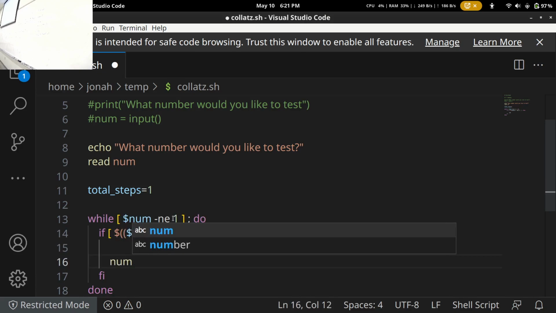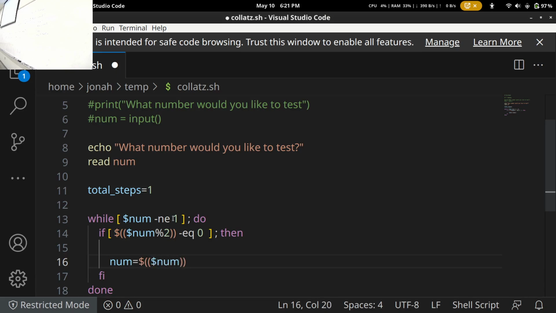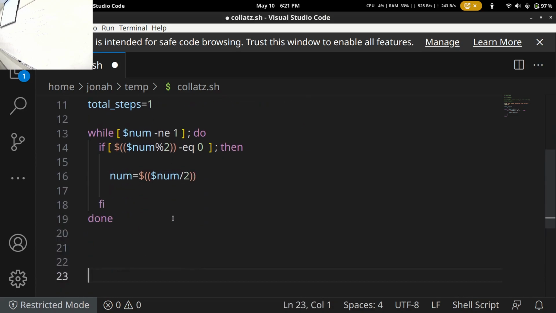We'll take our num variable, kind of like in our steps to the right. And then I'm going to have to do a command substitution here. Let's say num divided by 2. Okay. So you only use a $ sign when you refer to the variable but not do an assignment? Yes.